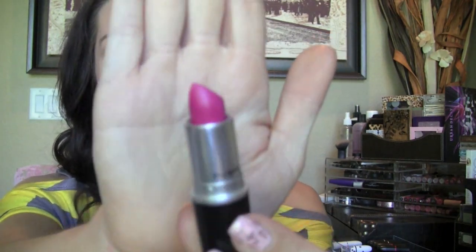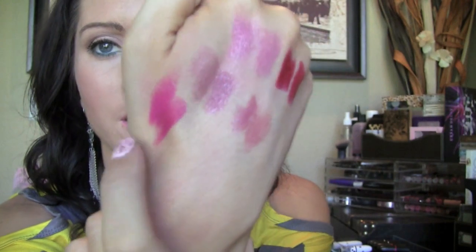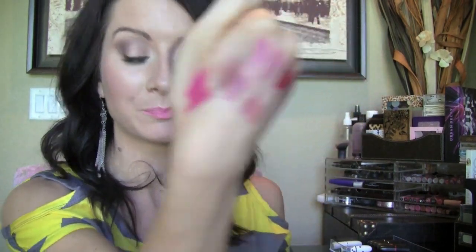The next one I have is an exciting one because I believe this was limited edition. It's MAC's Quick Sizzle. Now this one is a matte, so the finishes will be different. But if you didn't get a chance to pick that up, you may be able to find Fifth Avenue Fuchsia from Maybelline, and I would say that they are pretty darn close. So this one right here is Quick Sizzle, and there is Fifth Avenue Fuchsia. Sorry, my swatch is very awkward. But yeah, I cannot tell the difference really at all. So if you didn't get Quick Sizzle, go pick up Fifth Avenue Fuchsia and you pretty much have Quick Sizzle, with the exception of it's a little